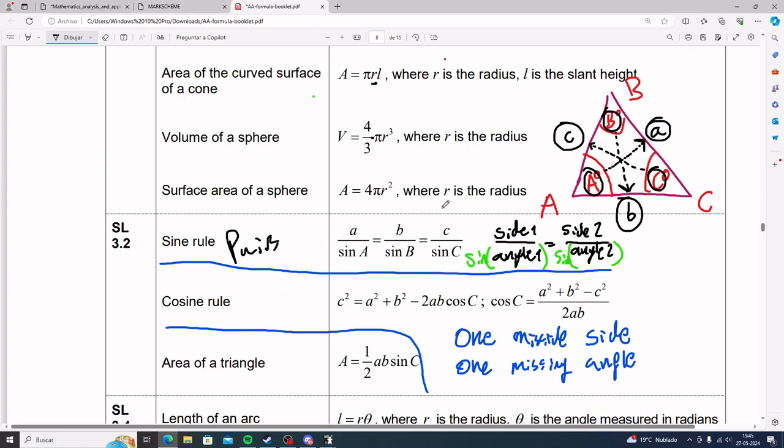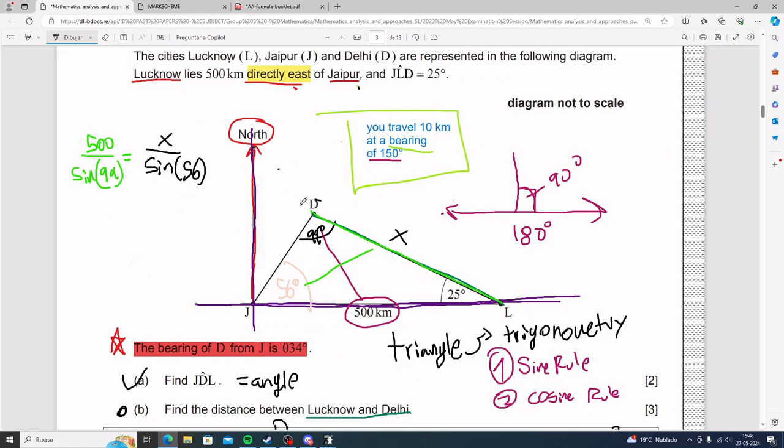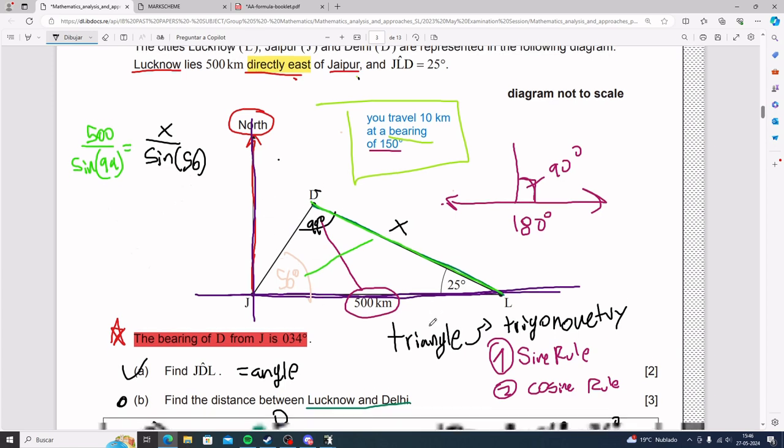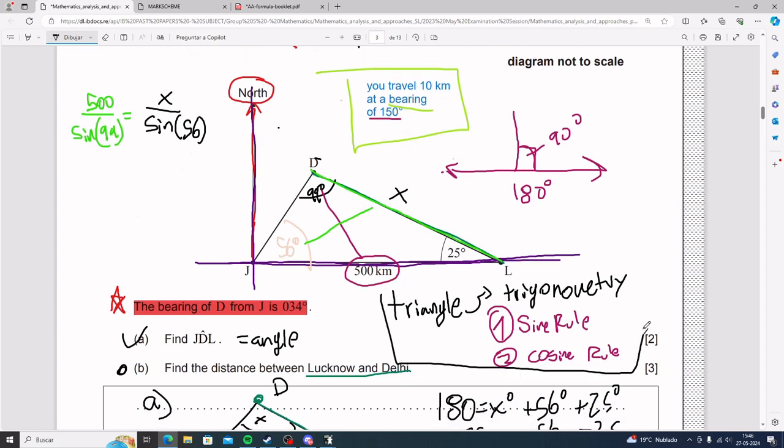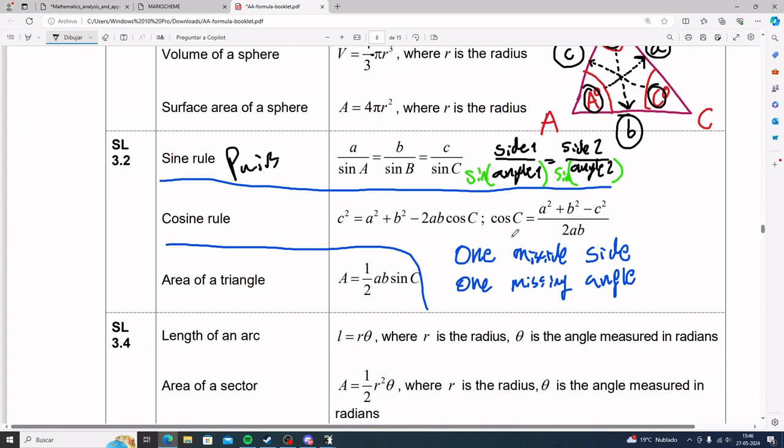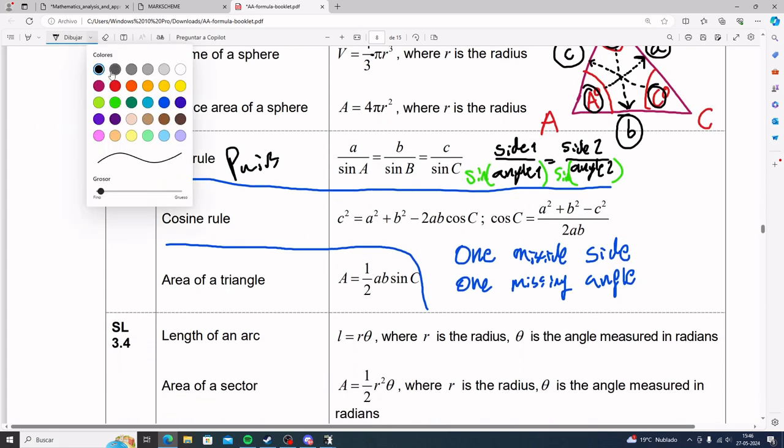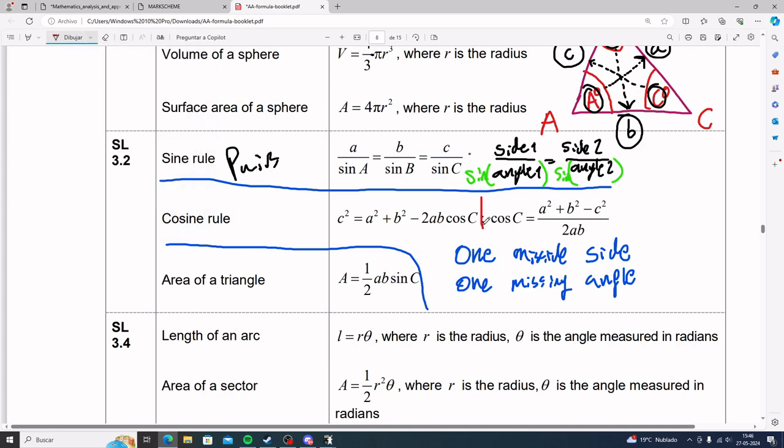And so, boom, once you understand the formula booklet, once you understand sine rule, this exercise is actually extremely easy. So I just wanted to take a moment to really explain what sine rule is, how it works, what the letters mean. And now you understand the procedure for triangles and trigonometry. Always try sine rule. If that doesn't work, go to cosine rule. I'm not going to show in depth the cosine rule because this exercise doesn't need it, but I will give you the hint that there's two versions of the same formula. In one of them, you have a side that is alone, and on the other one, you have an angle